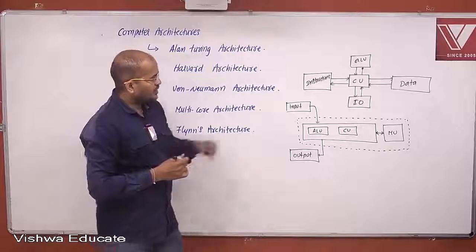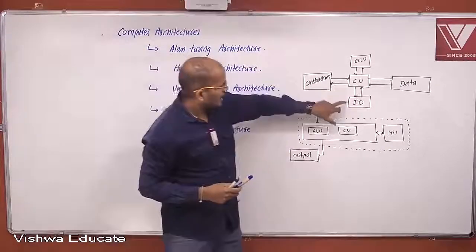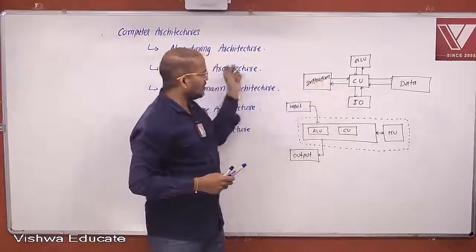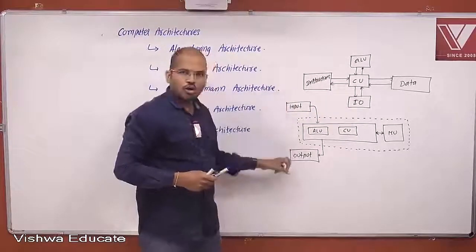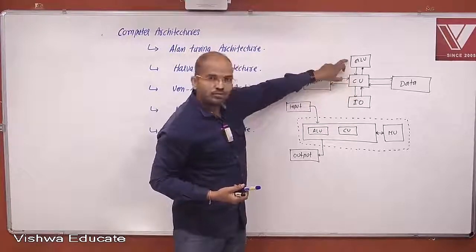If you observe this carefully, both are one and the same. IO stands for input output in Harvard part, where I got input here and output here, isn't it fine? And this control unit, ALU,